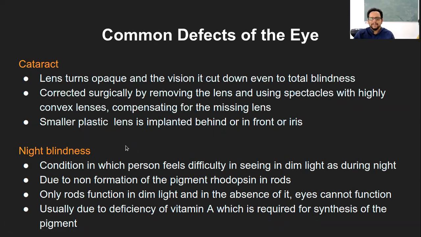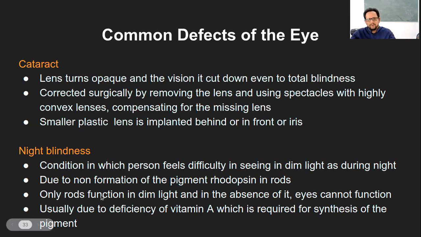Then night blindness. Now this is a very specific condition in which a person has difficulty seeing objects at night or in dim light. It is related to the rhodopsin pigment in the rod cells. Either the rod cells are fewer, or the rhodopsin pigment formation is less, or there is some genetic reason, or the eye structure has not developed properly. Any of these reasons can lead to night blindness.